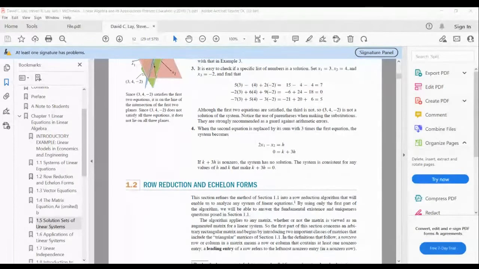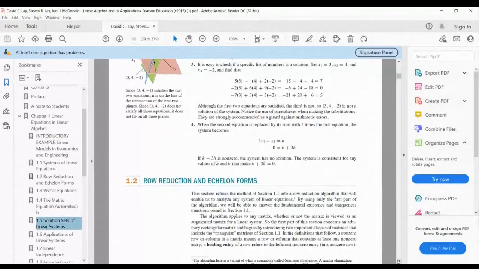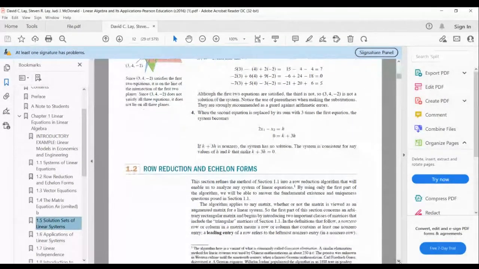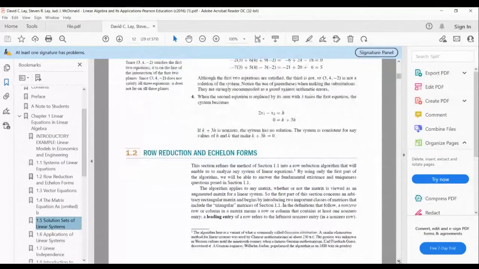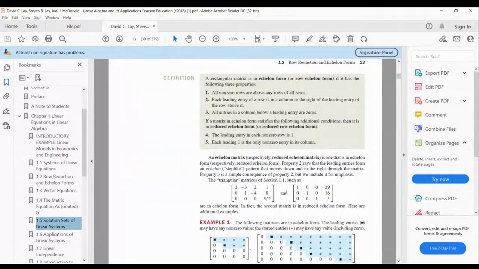So let me see here now. Just gotta, yeah, there we go. So if we go to the next page here,